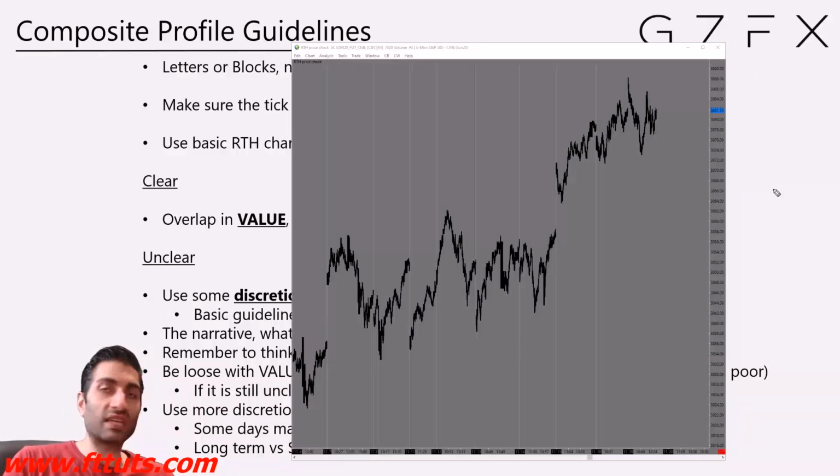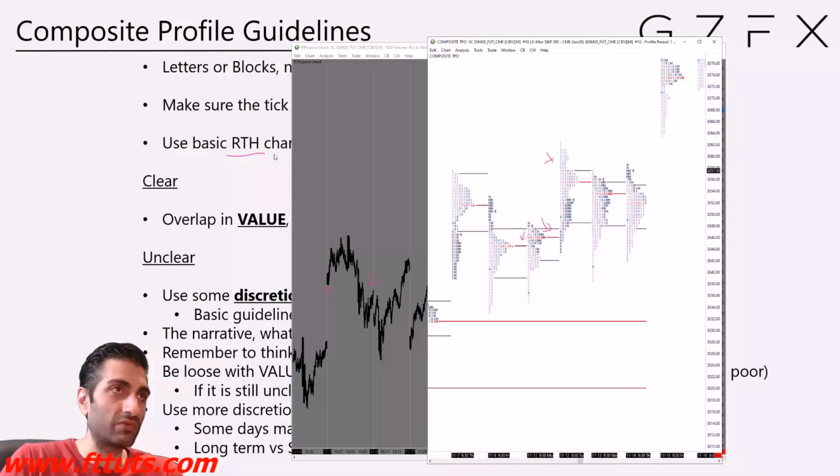Okay, so what I've done here is I've loaded up an RTH chart. Do you remember I said you can use the basic RTH chart? So you can see it's got gaps basically here to here, open to close. And basically, if you think about it, what is this chart? This is the market profile period, isn't it? Because as I said, it's the RTH. So all this represents each market profile period. If you think about it, what we've just been looking at,